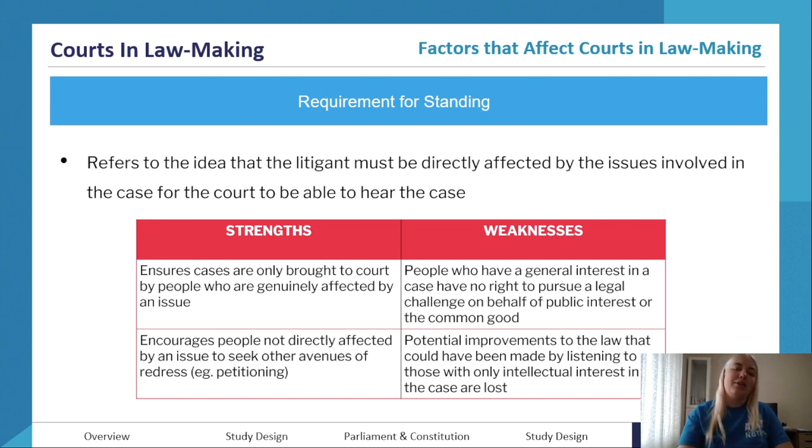I would really add here that laws that are unconstitutional or unlawful continue to operate unless that person with standing eventually comes along. So that's a really big weakness as well, that we might have unconstitutional laws just